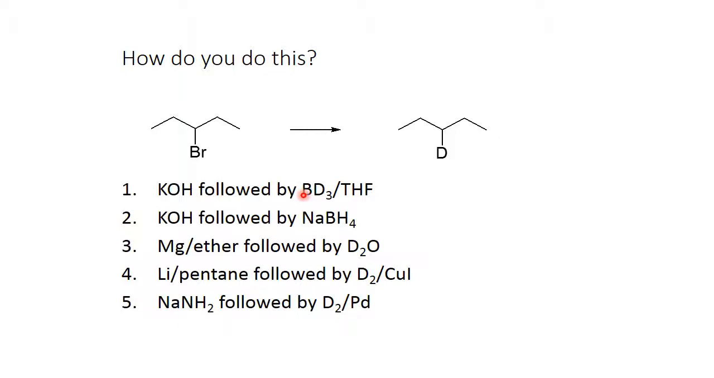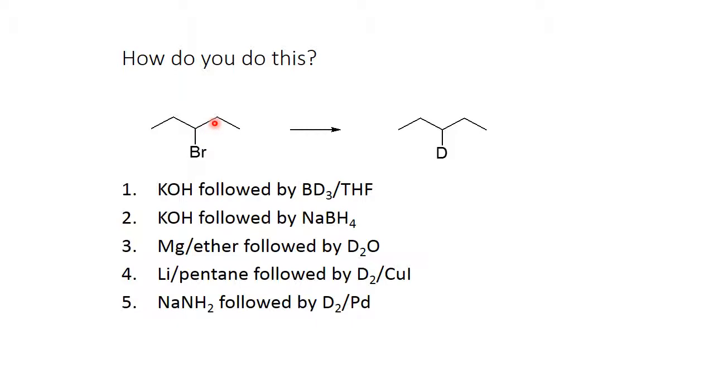hydroboration, deuterated borane in THF, I would get a boron and a deuterium being added, but I would get the deuterium being added in either of two places. There would be no selectivity. And then you'd have to reduce the boron off and it would give you an alcohol. So something's wrong there. If I look at KOH, which again would give me the alkene up here, followed by